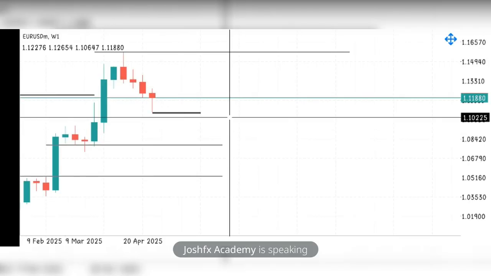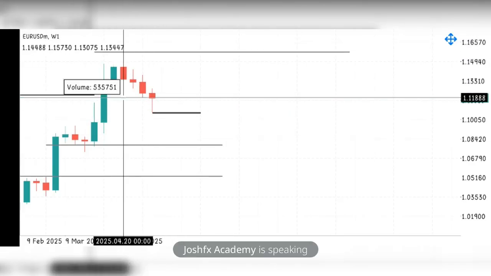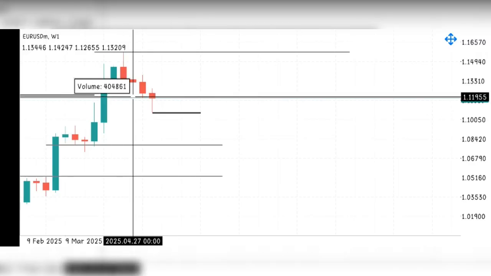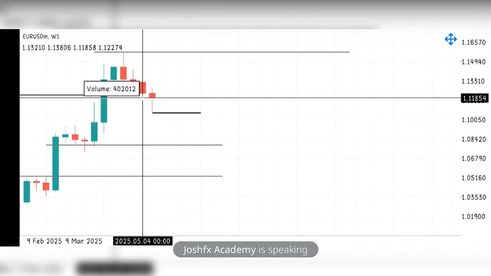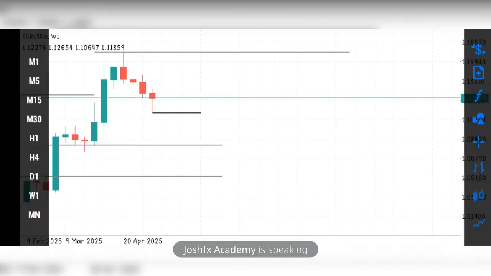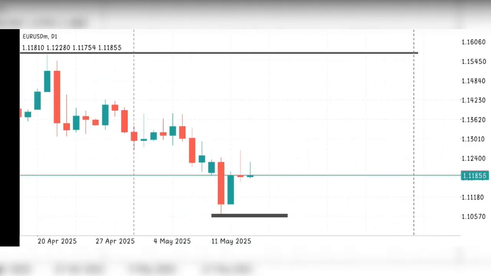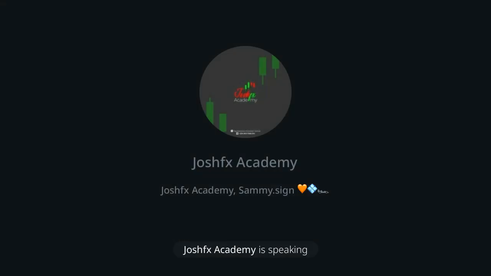If you observe very well, we don't know, maybe the external range has been taken here. But let's use daily so we can see it. Okay, so now on our daily time frame,